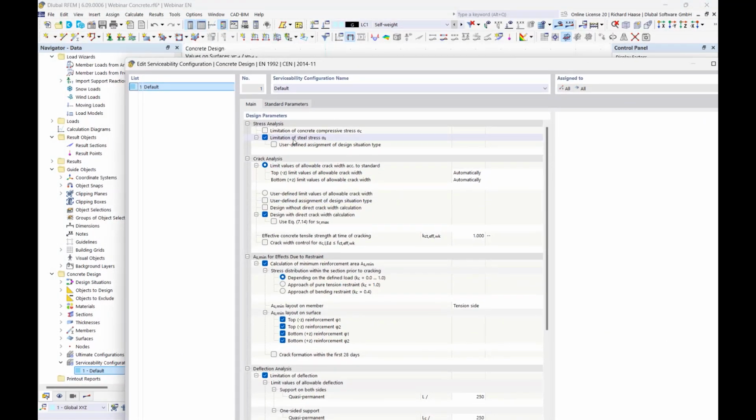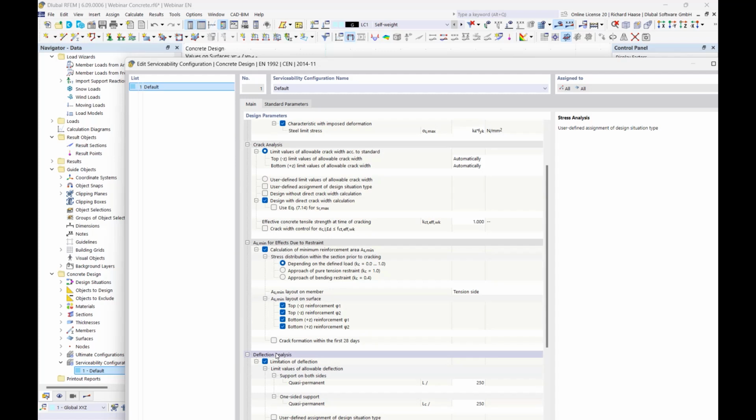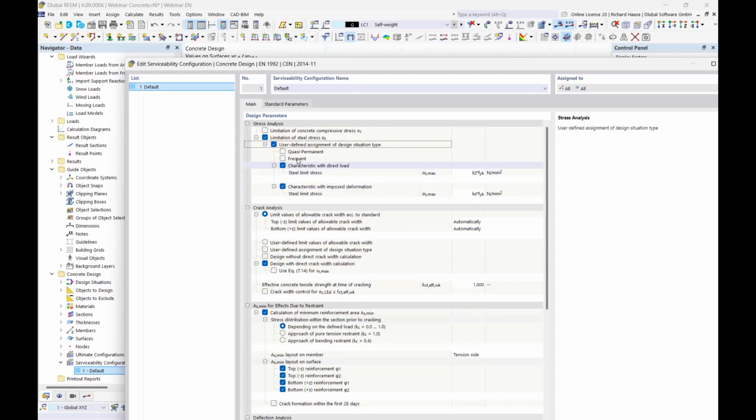For example, the limitation of steel stress often is assigned to the design situation type characteristic, but in some cases it's also needed that you want to check it for the frequent or the quasi-permanent. And this we have implemented for the stress analysis, crack analysis, and also for the deflection analysis, that you can here choose user-defined assignments of design situation types,